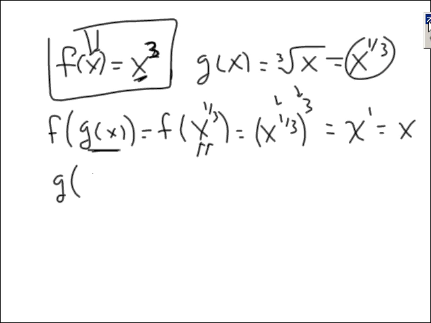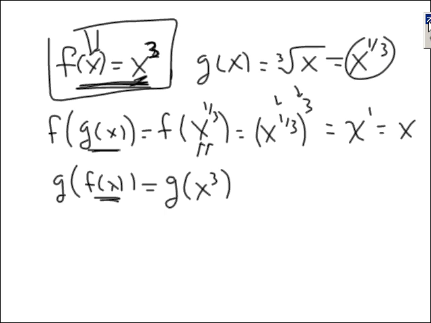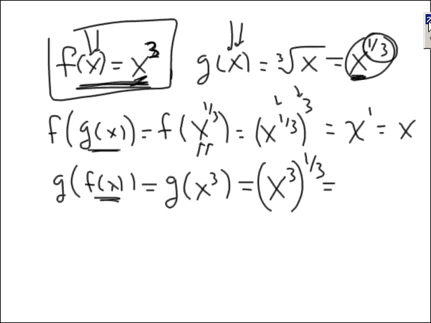Now we have to do g of f of x. But f of x is x cubed. It tells me right here. So it's g of x cubed. Now what is the job of g? What does g do to what's in the bracket? Well, it takes what's in the bracket and raises it to the 1/3. I don't care what's in the bracket. I take what's in the bracket and I raise it to the third. 3 times the third is the same as the third times 3. It's 1. And x to the 1 is x. So they're both x's. So we conclude